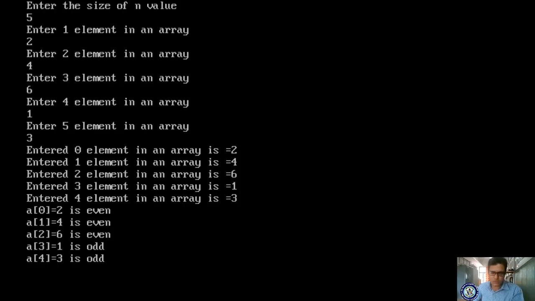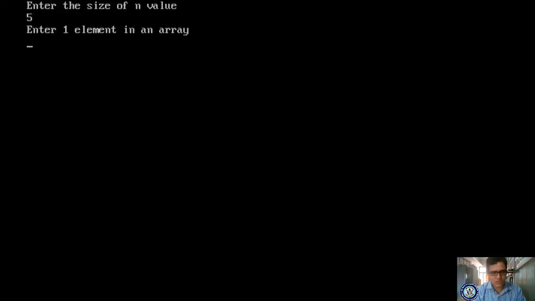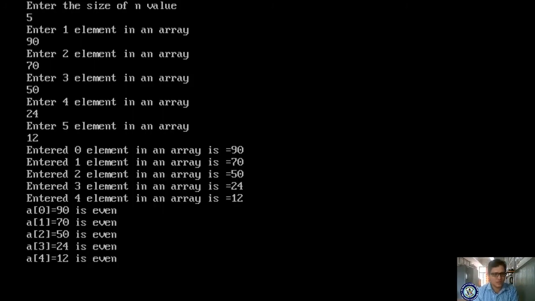Got it? So if you have any doubts, once again run it and give the size and give the elements as 90 70 50 24 and 12. Let us check. 90 is even, 70 is even, 50 is also even.